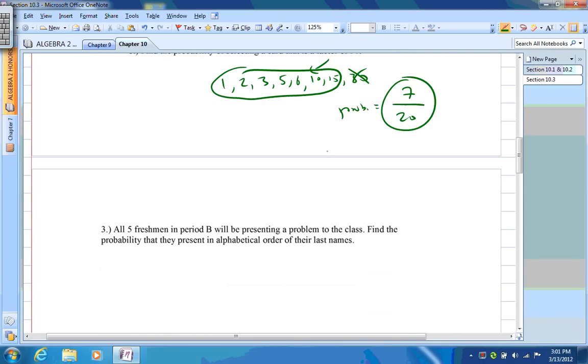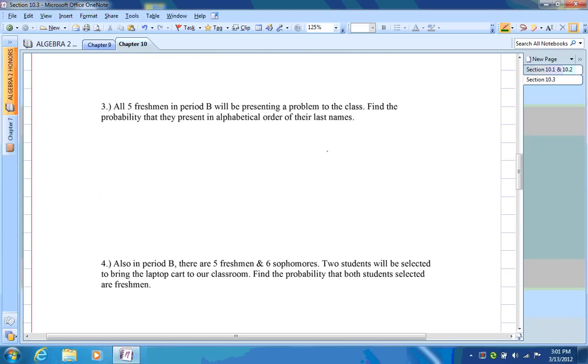Okay, let's move on to example 3. All 5 freshmen in period B are presenting a problem to the class. Find probability that they present in alphabetical order of their last names. So this is a little tricky, but if you think about it,